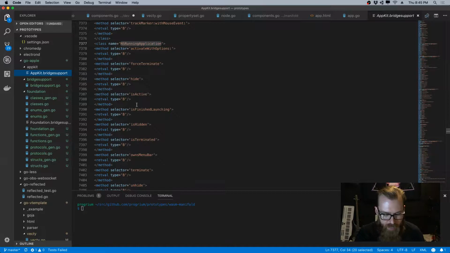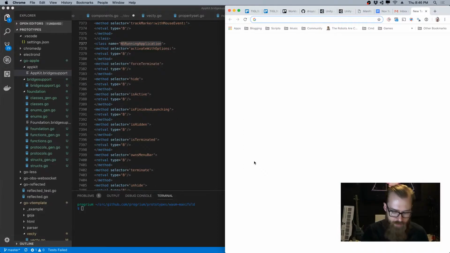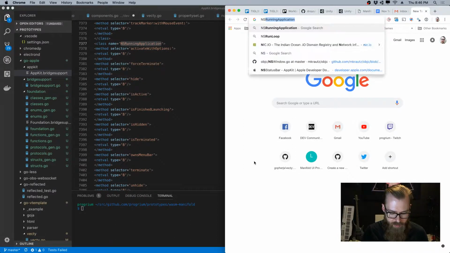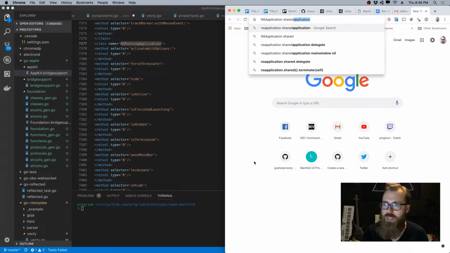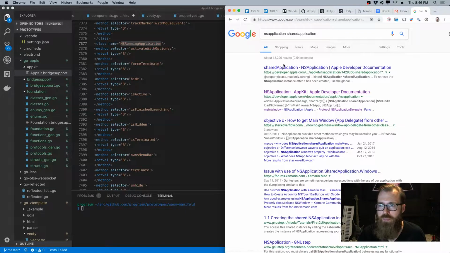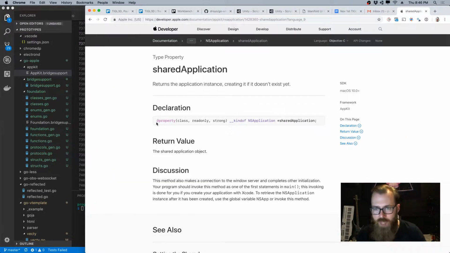So this brought me back to the idea of leveraging documentation, because of course NSApplication sharedApplication, the documentation properly has everything that we use. And so this can be generated by a documentation generator. And so I started looking into